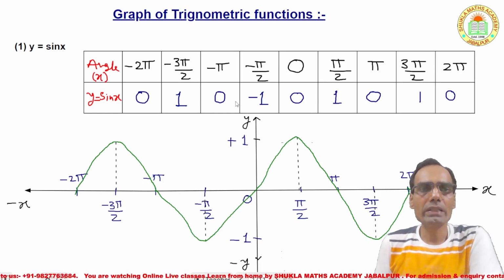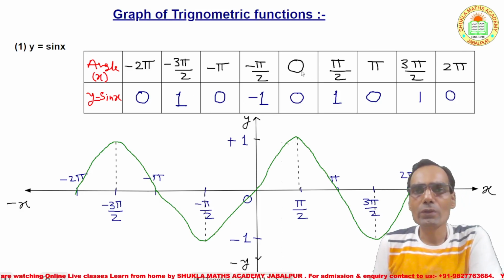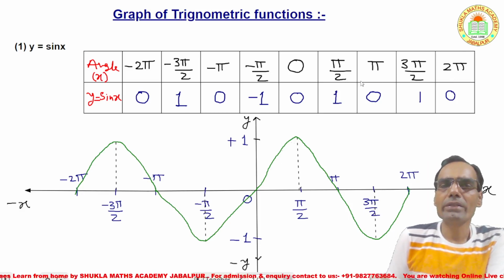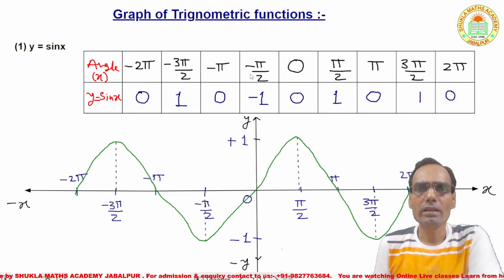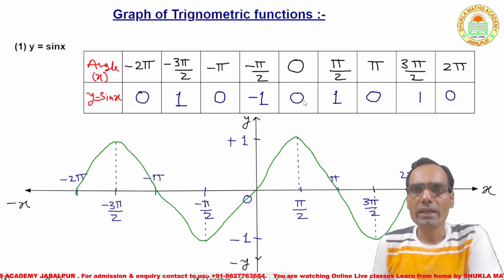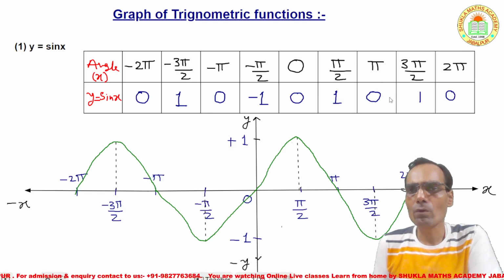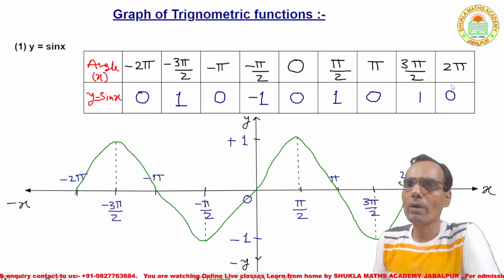So now see here, I am taking a table in which the angles x are going from 0 to the right side positive and left side negative. It is 0, pi by 2, pi, 3 pi by 2 and 2 pi. So I am taking angle 0 to 2 pi on the positive side and 0 to minus 2 pi on the negative side, right? And the corresponding values of sine x: sine 0 is 0. We know that sine 90 is 1, sine 180, that means pi, is 0, sine 3 pi by 2, that is sine 270, is minus 1, and sine 2 pi is 0.